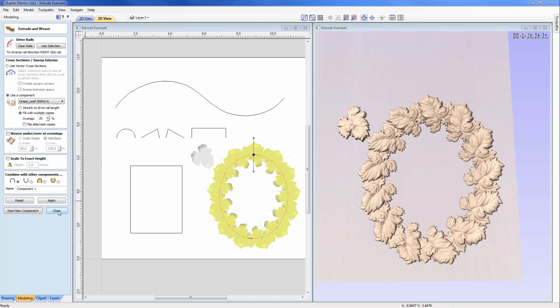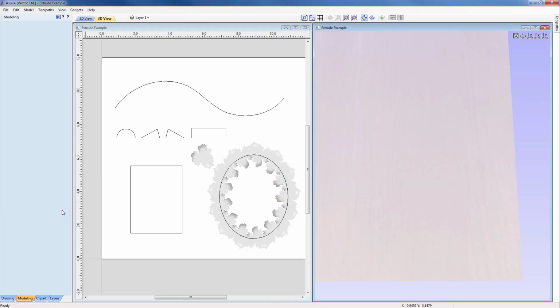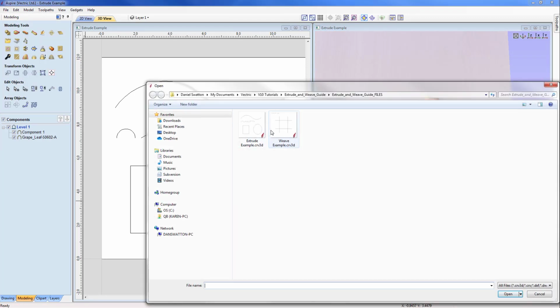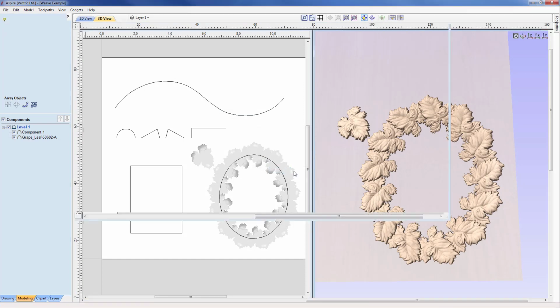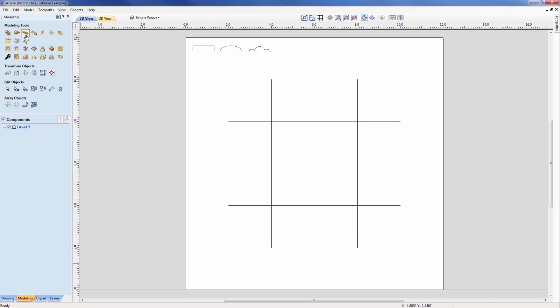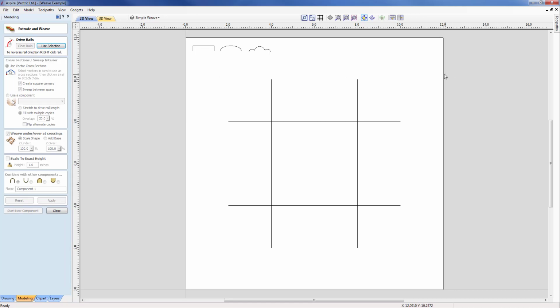Okay, so let's close down the form now, and actually we are going to open a new part. So I'm going to file open, and we're going to pick up the weave example.crv 3D file, and immediately we'll be presented once again with some crisscross vectors in the middle of the screen and some cross sections at the top. Okay, so let's go across and open up the extrude and weave command,